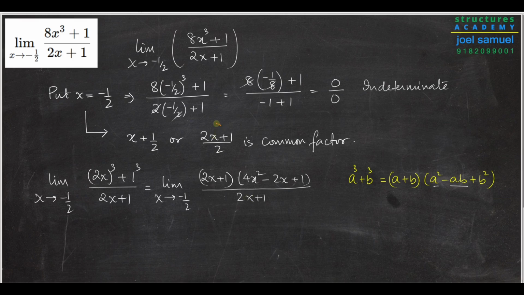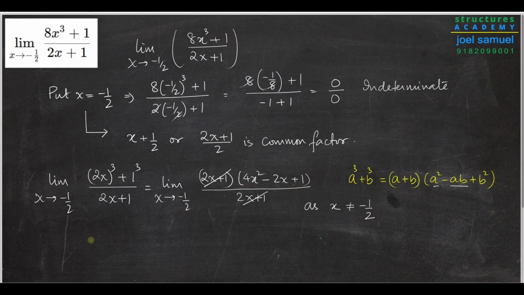Now we are hunting for this common factor, so all we need to do is divide this by 2 and divide this by 2, and we are able to cancel these terms. Or I think it is redundant to write by 2 again, so we can directly cancel these two terms. We can do so as x is not equal to minus 1 by 2. Now that these two terms which were dragging the function to the 0 by 0 form are removed, all we are left with is a clean polynomial,